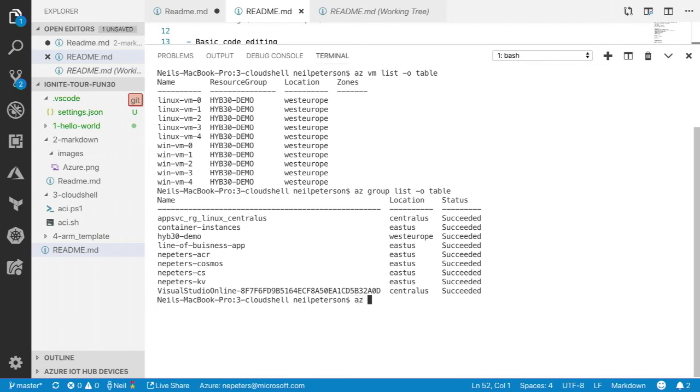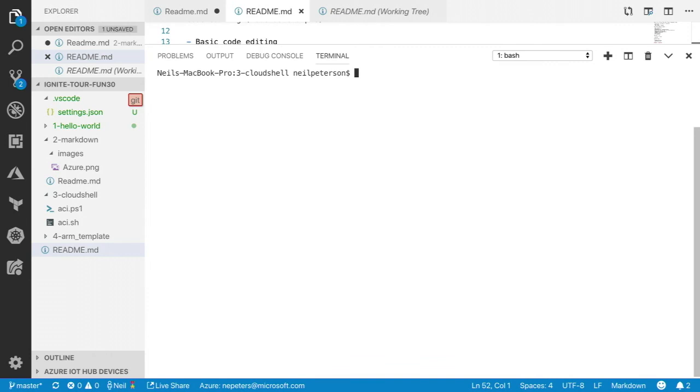I can do az group delete, name. I'll just delete that web app that we just deployed. Yes, indicating that yes, I'm sure that I want to do this. And then no wait, just so that it doesn't sit here and spin while it deletes. So that's pretty cool. We've already seen some of that, but I think what's even more cool, or as cool,